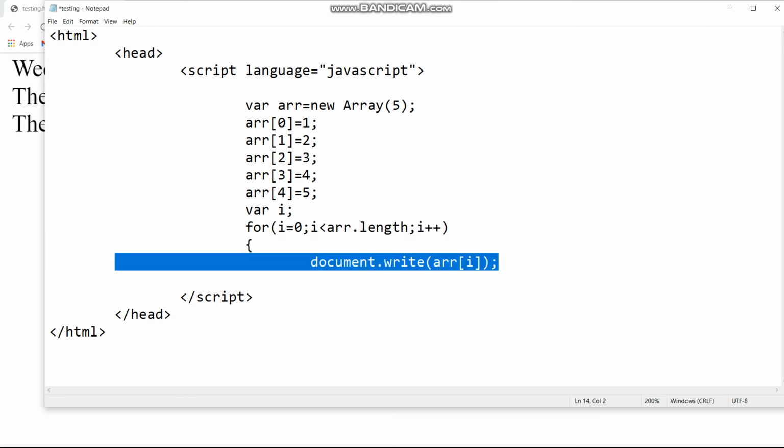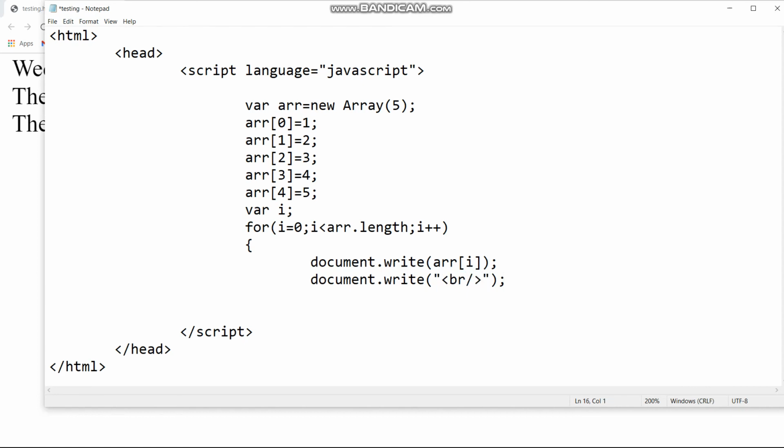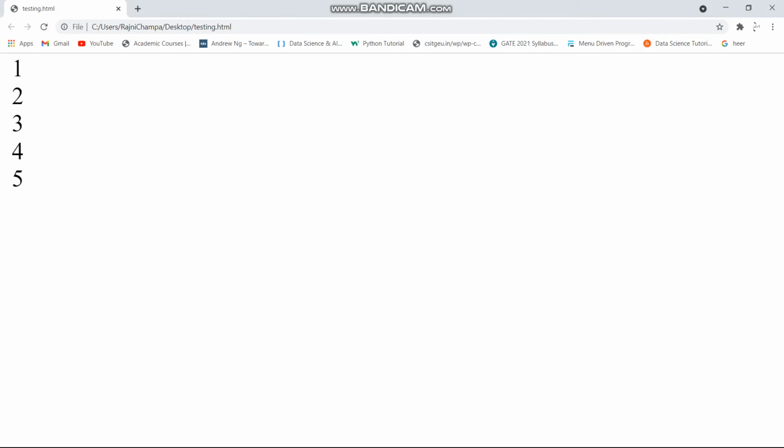This will show the whole array we have just put in this programming, and then document.write and the break tag. Simple. File save, go to browser, and you can see 1 2 3 4 5.